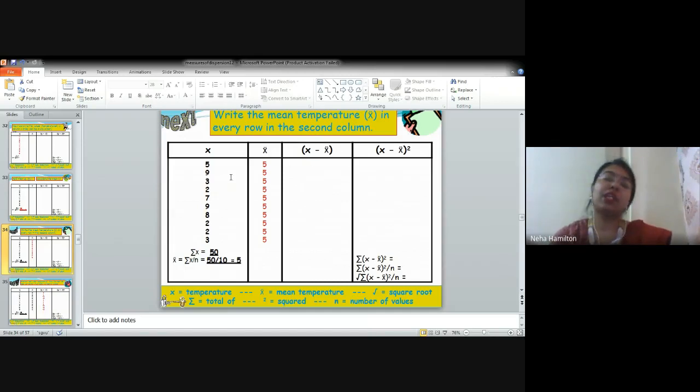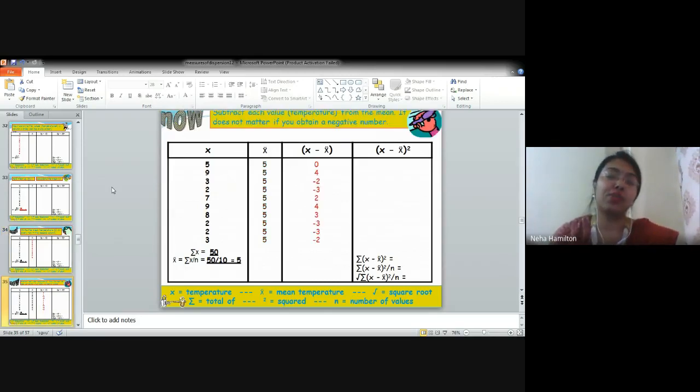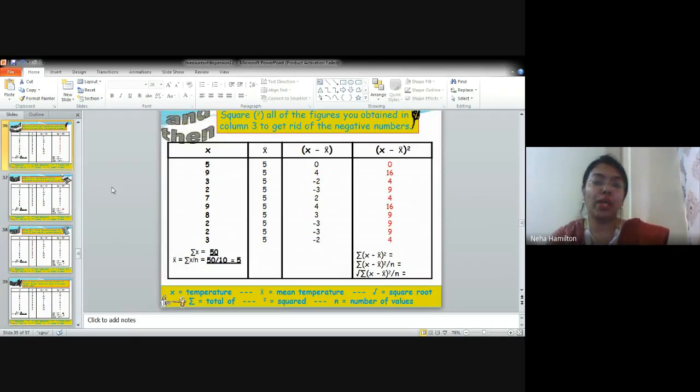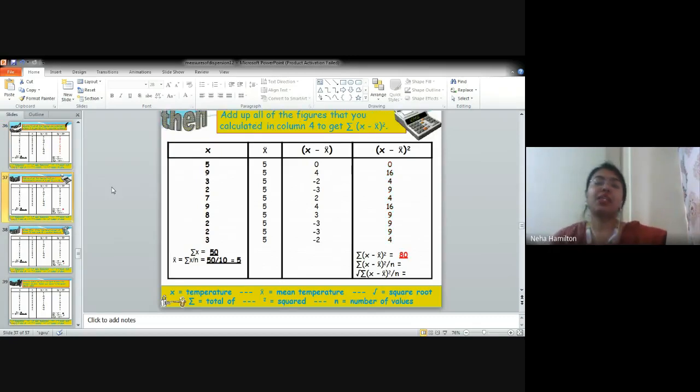Now you will perform the next operation, which is x minus x bar. You will do that. Then you will square it, because you do not want to consider the negative signs. That's why we are squaring it, right? Then we are summing it all up, right? You are adding it all up, right? We have already covered this exercise in the last class, so please don't do it again, but just try to remember what we have done. Just try to revise what we have covered in the last class.